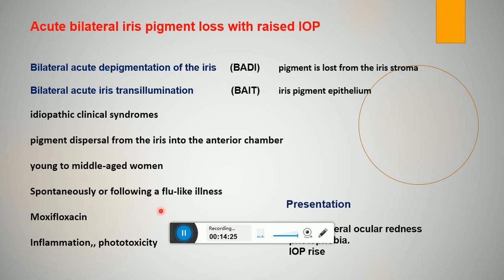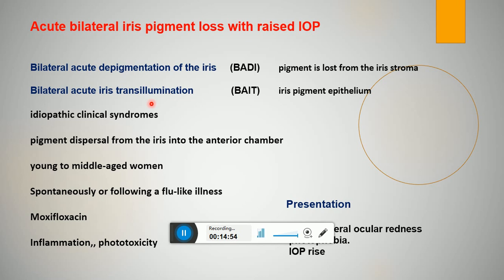So one short topic: acute bilateral iris pigment loss with raised IOP. There is bilateral acute depigmentation of the iris and bilateral acute iris transillumination. Depigmentation and iris transillumination are distinct idiopathic clinical syndromes, and there is pigment dispersion from the iris into the anterior chamber, and